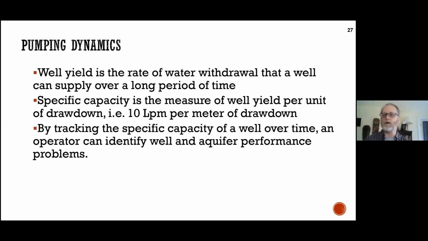Pump is running for an hour, but it's only 20 liters per minute instead of 40 liters per minute. All right, that may tell us we have to do some maintenance on the pump itself. So this becomes important information to log, and most well houses, you'll see a logbook that will be kept, or actually if it's digital now with a pump control panel, that'll be tracked historically, so that we can see that,